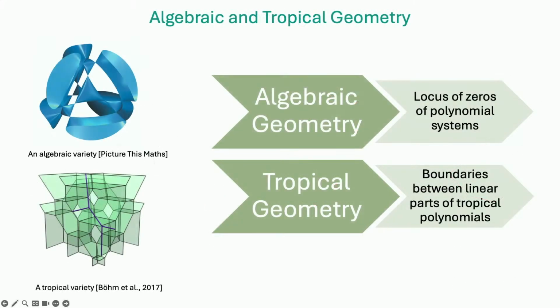And then algebraic geometry and tropical geometry. We saw a little bit about this in Christoph's talk yesterday, but as I mentioned before, algebraic geometry looks at the locus of zeros of polynomial systems, right? So you have a system of polynomials, you're looking at its solution set, and in algebraic geometry we care about the geometric features of the solution set, which can be described purely in algebraic terms. And then tropical geometry is a piecewise linear version of this. I'll talk more about this later.